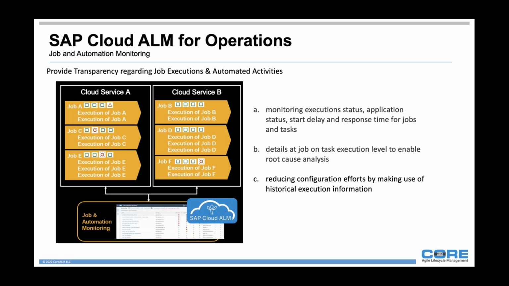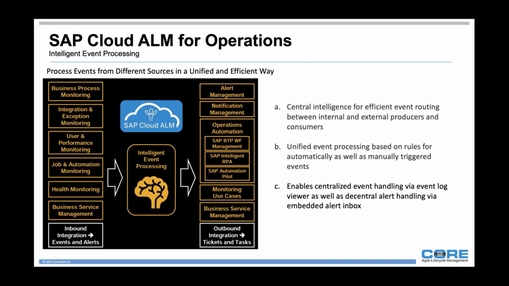So that kind of historical data is available because the same job is being monitored every day in and day out, and data is being collected. And then from the IEP, this is kind of a processor. It collects different sets of data, it processes those data, and it sends it to different applications within Cloud ALM to process that particular data,